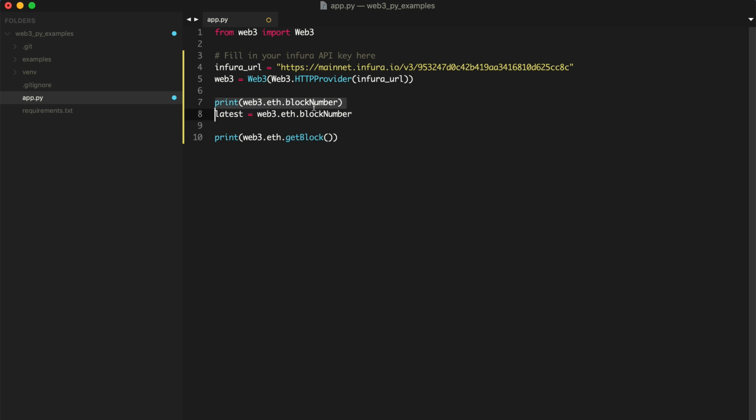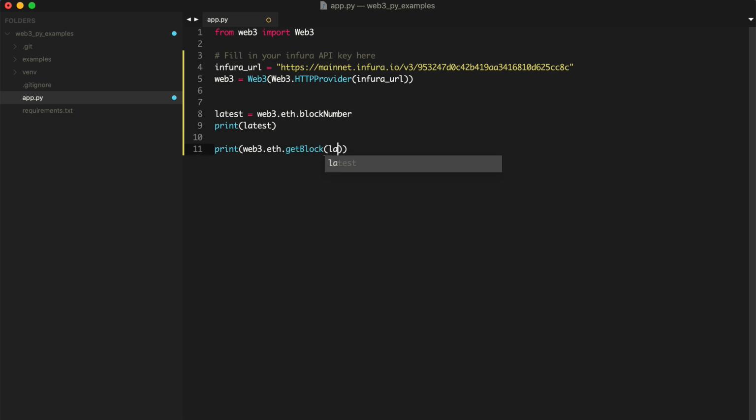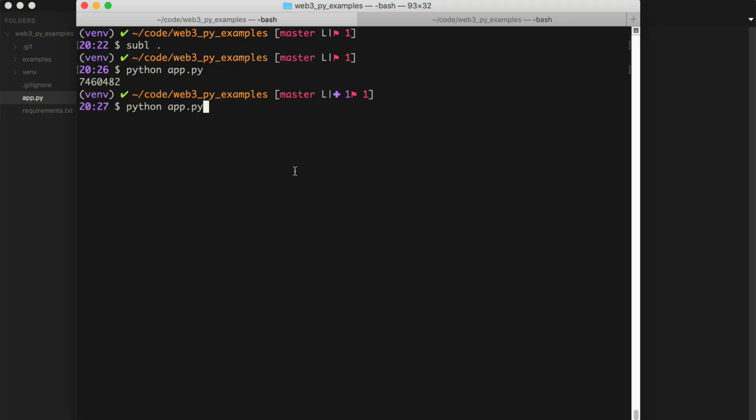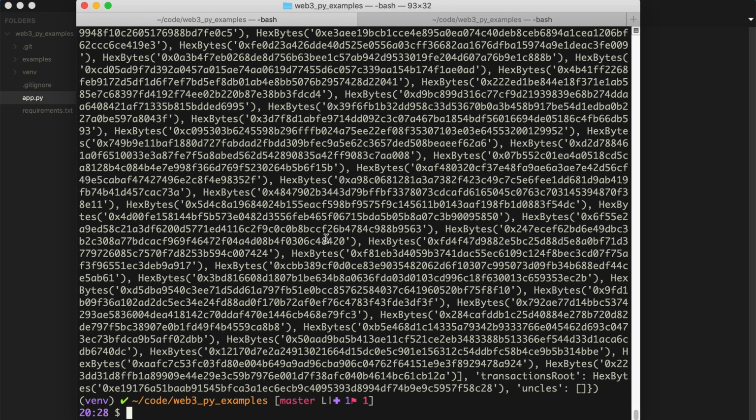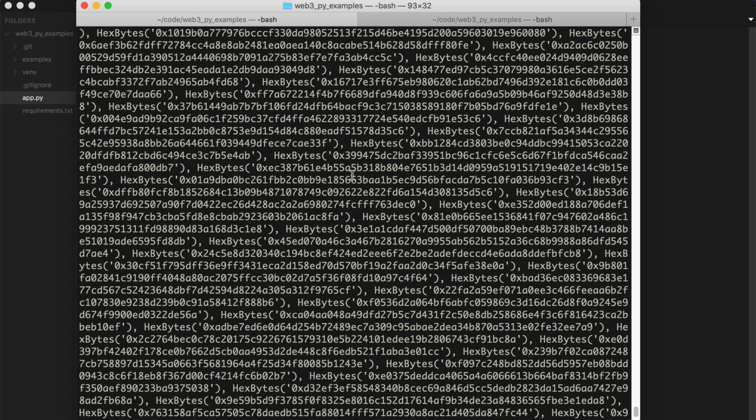All right, and then we'll, oops, print latest. All right, and then we'll say get block latest. Okay, let's try that. All right, we'll run this script again, and we can see all that information was logged